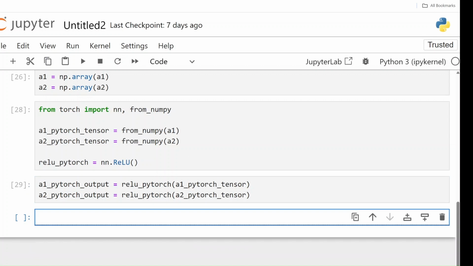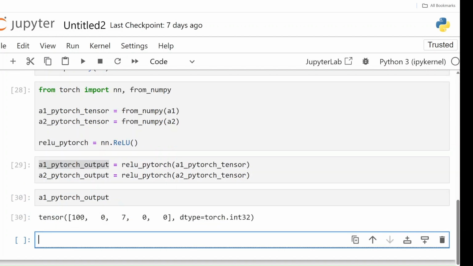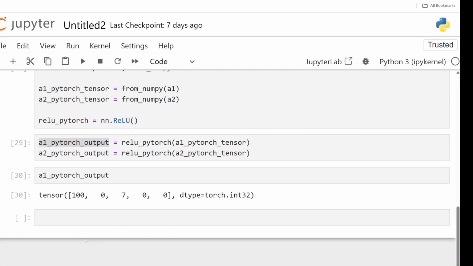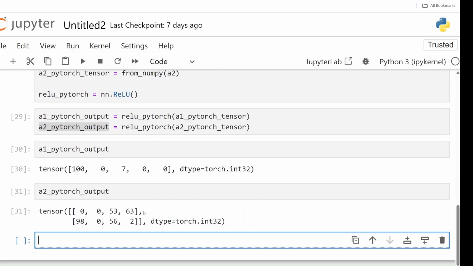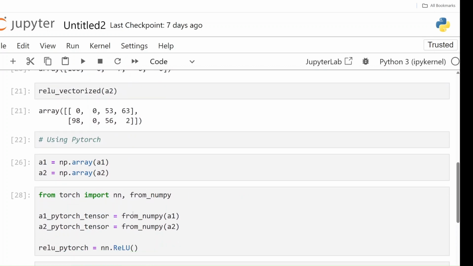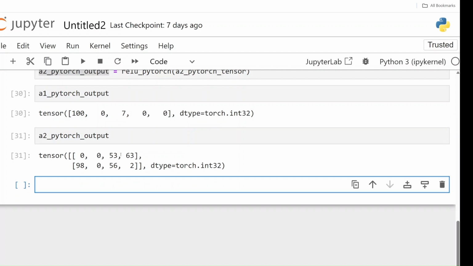Now that we have these two, let's try to print these out. So A1 output, it is exactly the same as what we got over here. And let's do it for A2 as well. So A2 output 0, 0, 53, 63, 98, 0, 56, 2, the same. So we have used PyTorch tensors and the PyTorch ReLU function to get these outputs.